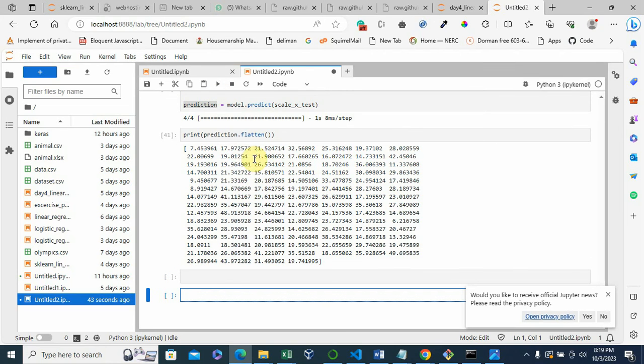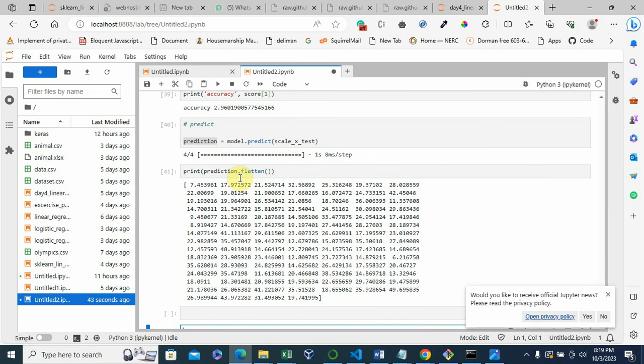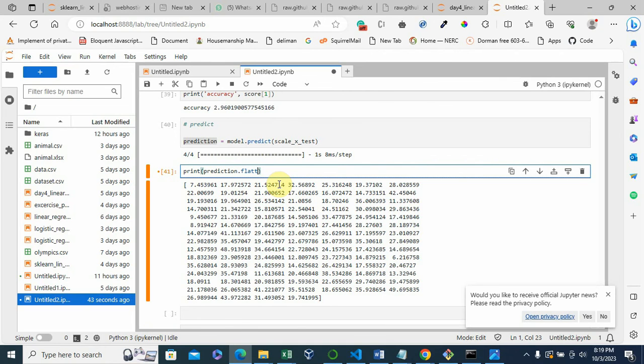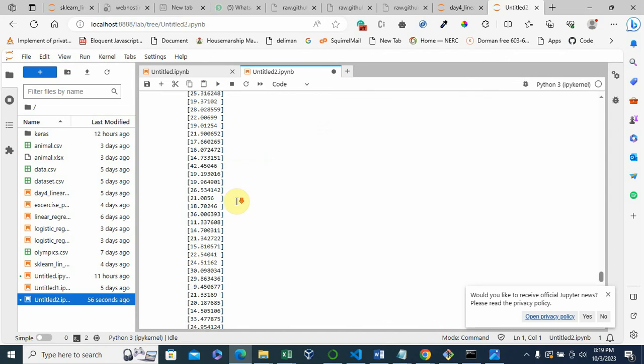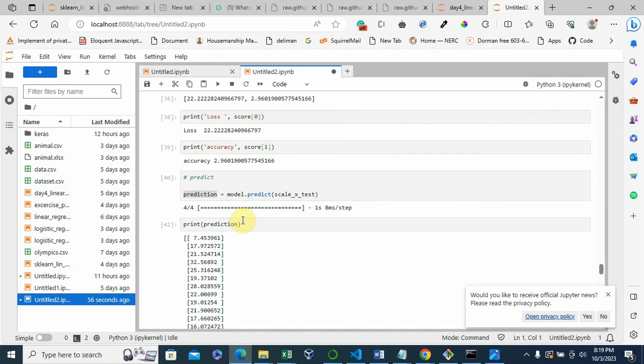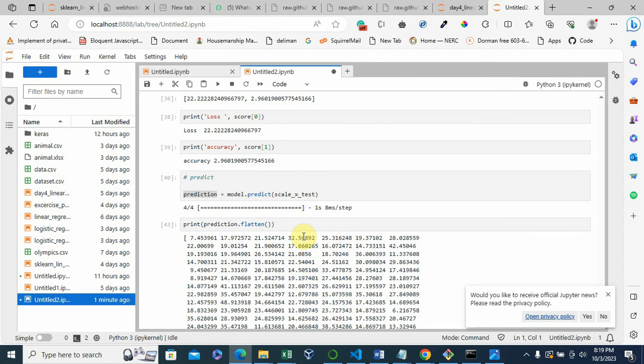We have the data that it got, the prediction, and it has extra nesting like that. That's why we flatten it, so that the empty space is removed.